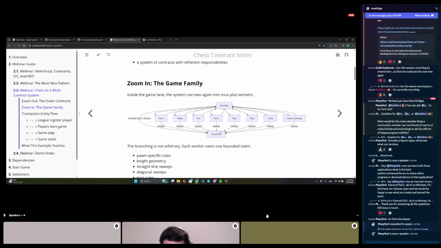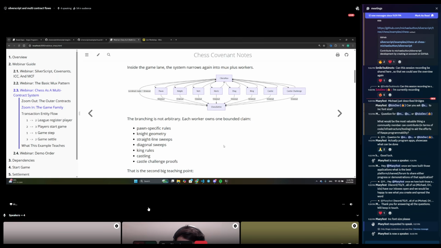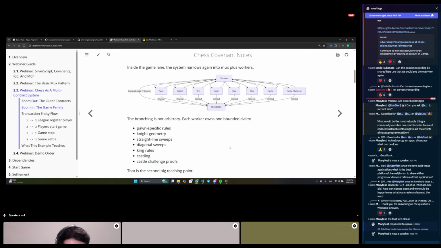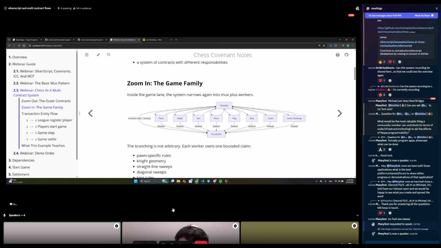So that's the MOOCs. And you have all the workers. MOOCs is going to multiplex into a worker, and then the worker is going to go back, or go to the settle if it's on a timeout. And when the game ends normally, you go from MOOCs into settle. So that's inside the game.